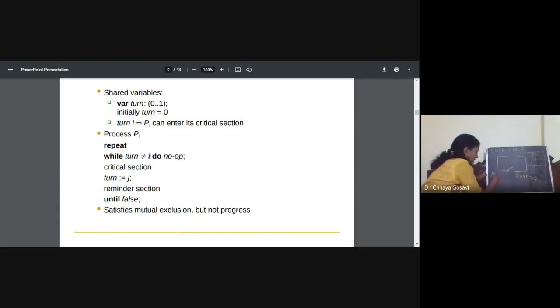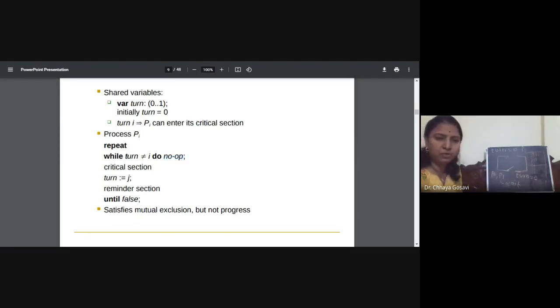For P1, the I value is 1, and turn is not equal to I. Turn is 0, which is not equal to 1. So what will P1 do? If turn is not equal to I, no op. No operation means it has to wait. So P1 will go into the wait state.